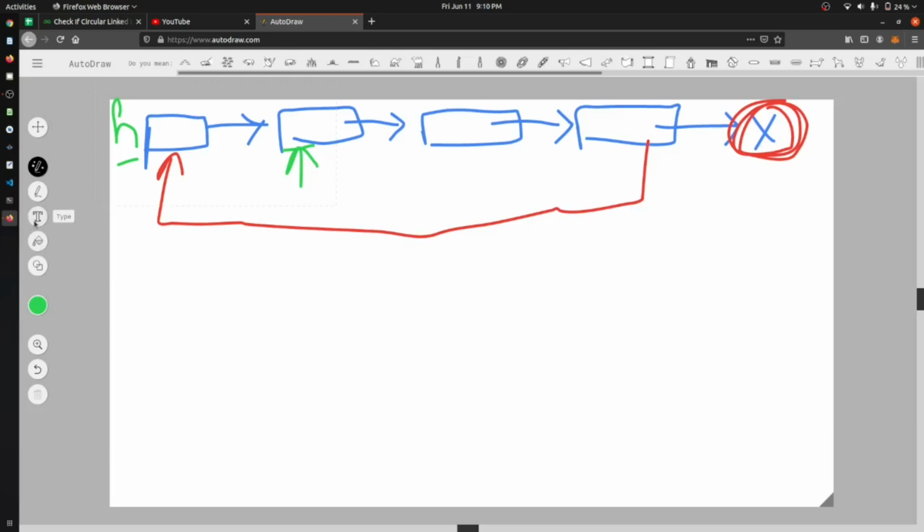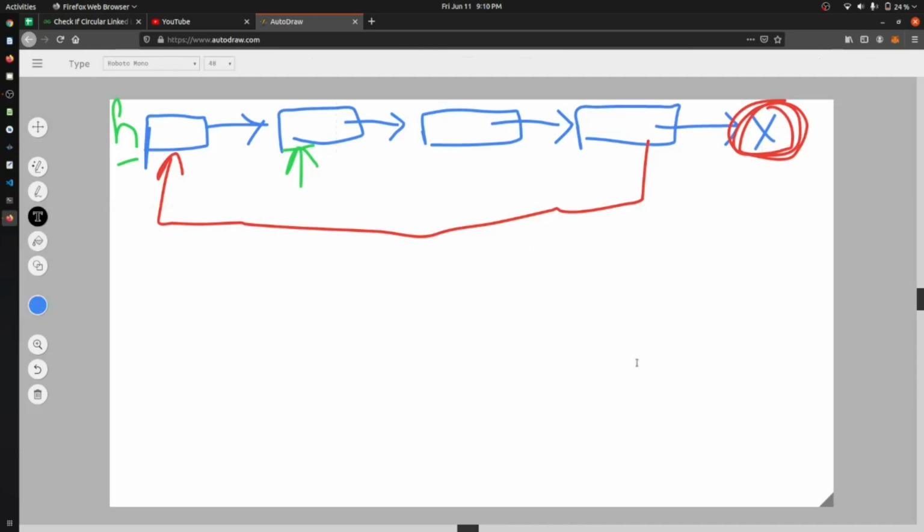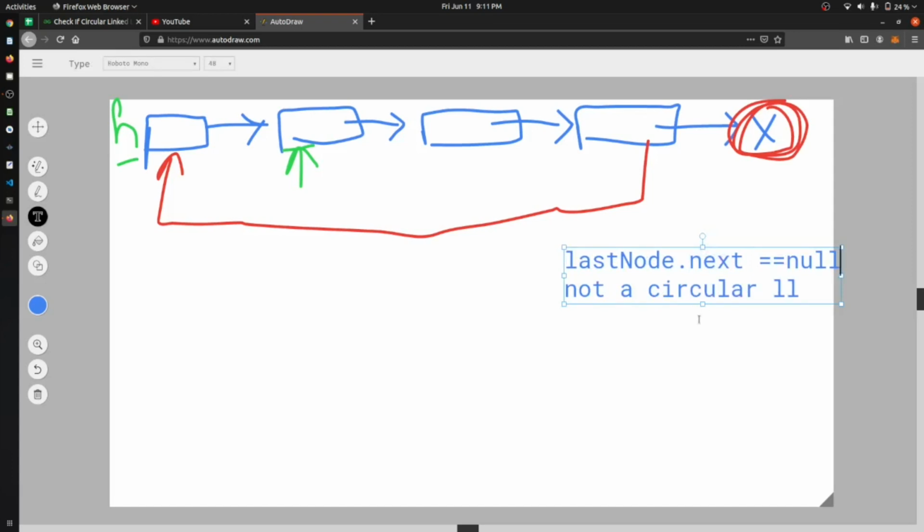Let me show you by typing the pseudocode. Let's say last node dot next is double equal to null, then it is not a circular linked list. But if we are not able to find this null, it might be possible that you have a loop inside of this.